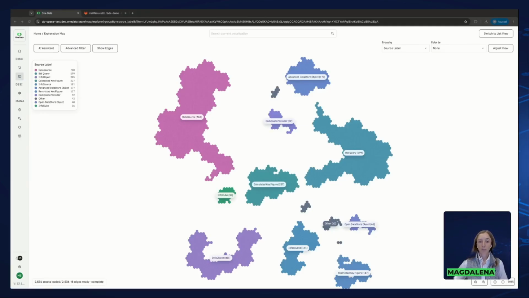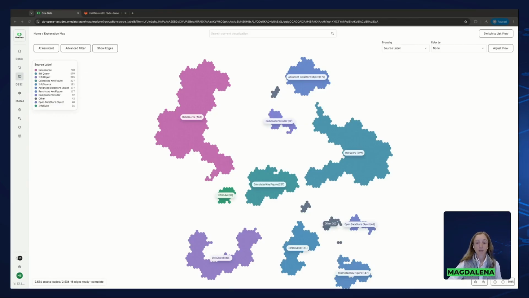And this is a real problem because you cannot modernize something that you cannot see. And at OneData, we address this with our interactive map of the BW system. So what we do is we get the metadata and only the metadata from the BW system. We structure it and we augment it,